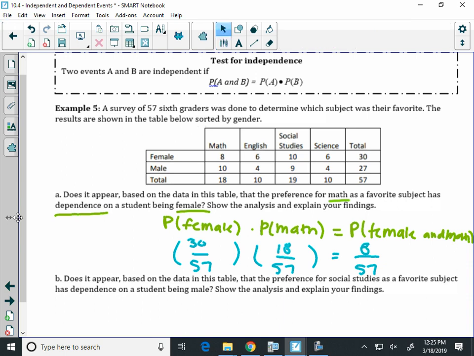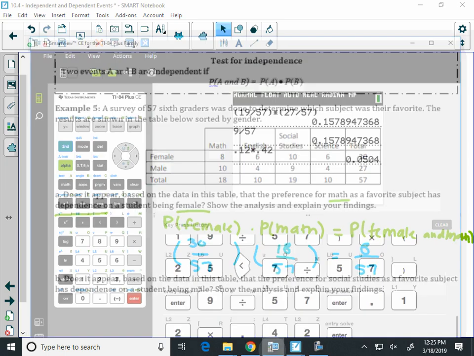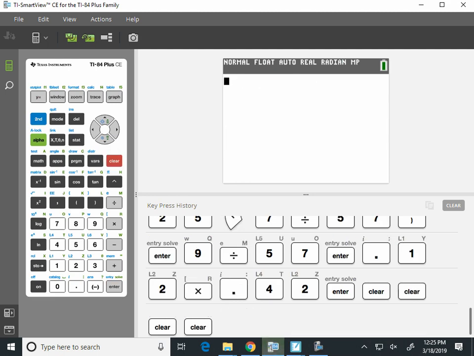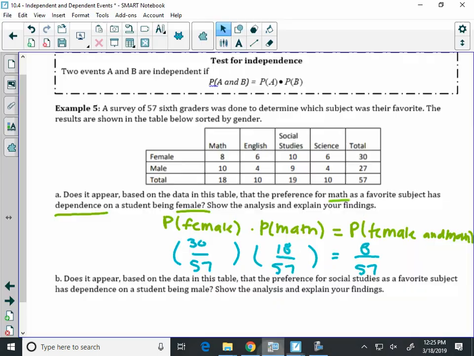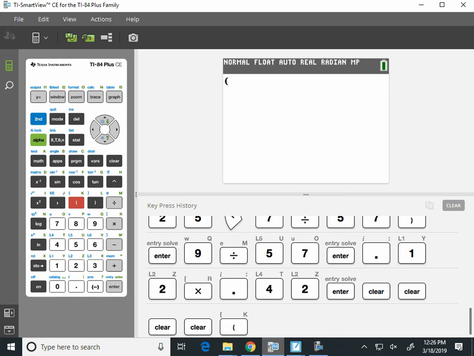So then what you're going to do is type this in your calculator. If you have that, you can use that alpha white equals button, or you can just use decimals. You can divide. Whichever way works for you. Let's do decimals. I like decimal form better. So we're going to do 30 divided by 57